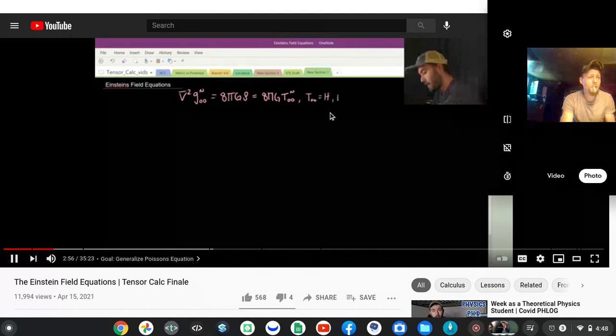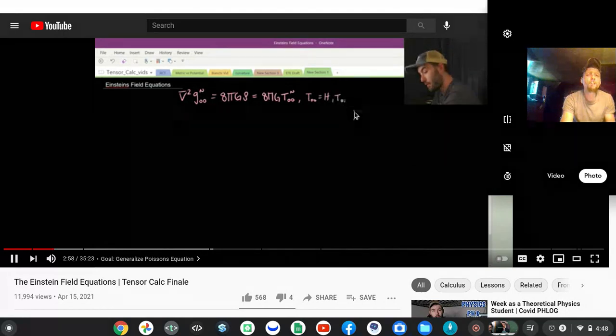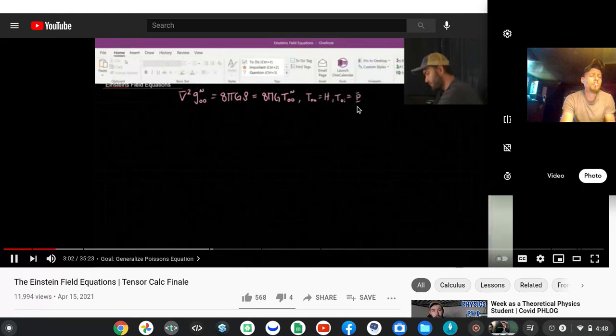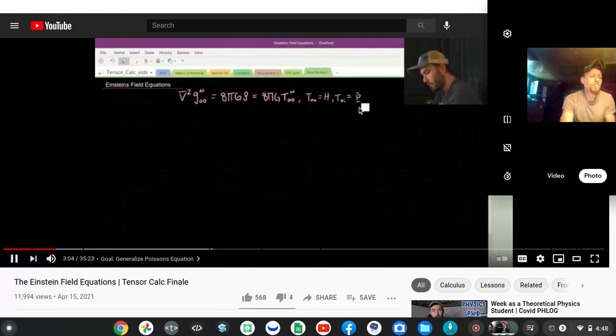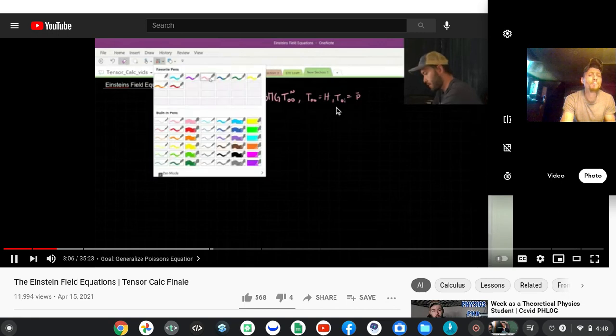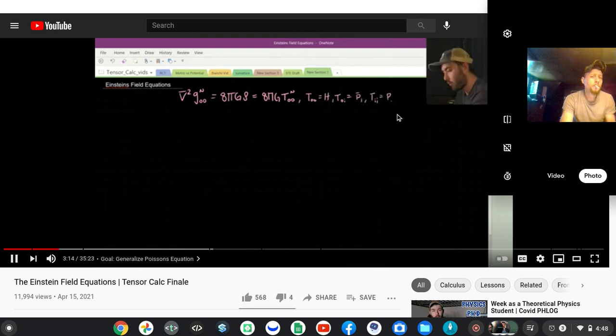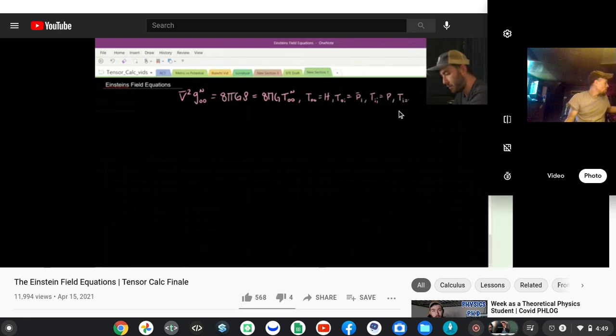We also have the 0,i components, which are the momentum flow density. And we can take the diagonal terms, so Tii, which is the pressure. I know I'm using P for both, but we're not going to be actually using the energy momentum tensor, so just bear with me on that. And then also we have the off-diagonal components, i not equal to j, which is the shear stress.